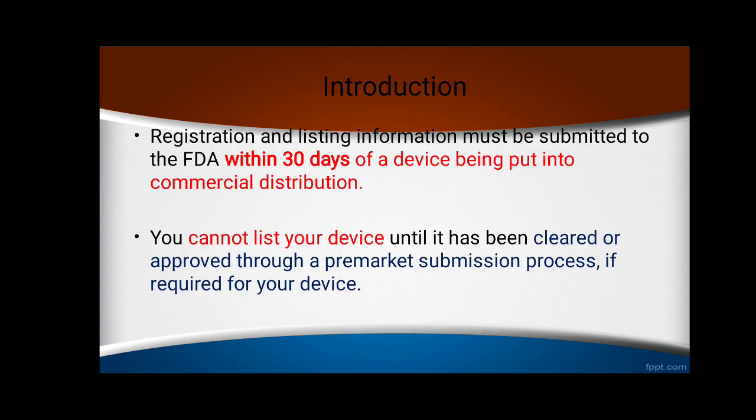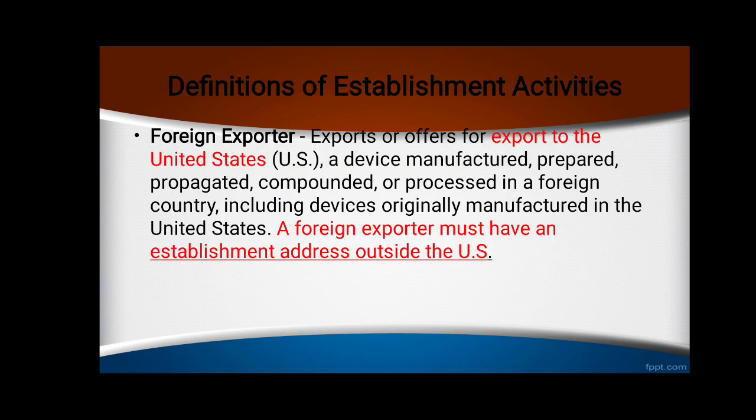Registration and listing information must be submitted to the FDA within 30 days of a device being put into commercial distribution. You can list your device until it has been cleared or approved through a pre-market submission process, if required for your device. There are various activities for a medical device establishment that must be listed by the establishment in FDA. These activities define the type of establishments. For example,